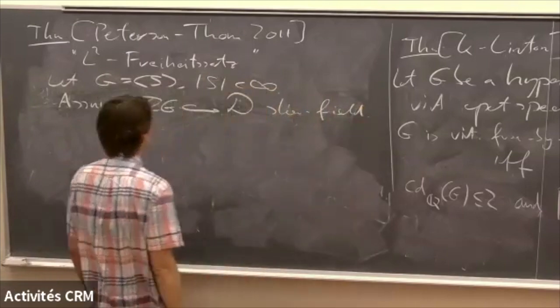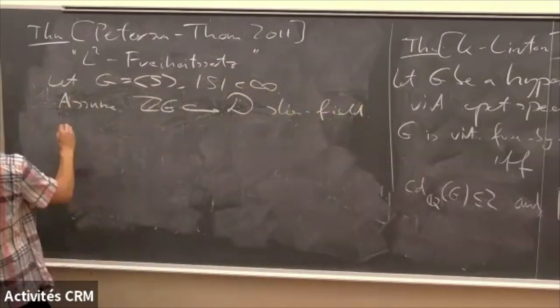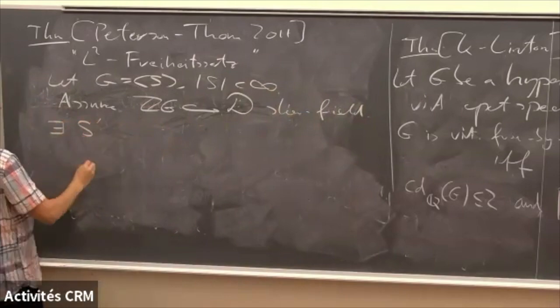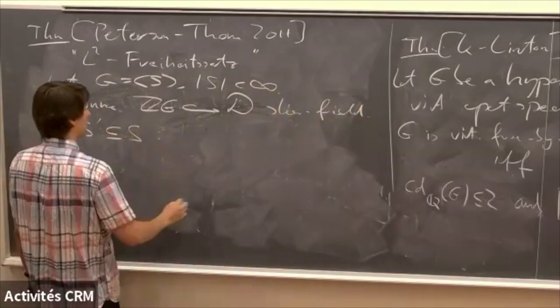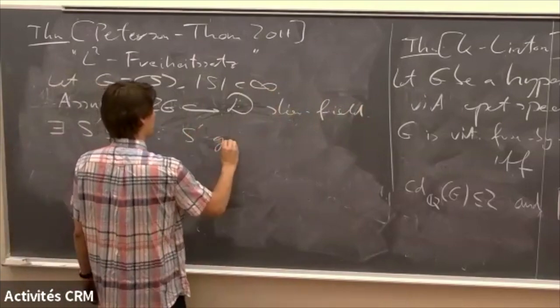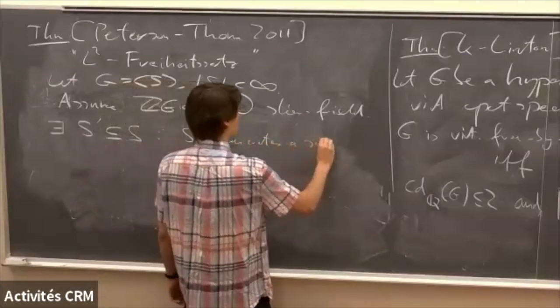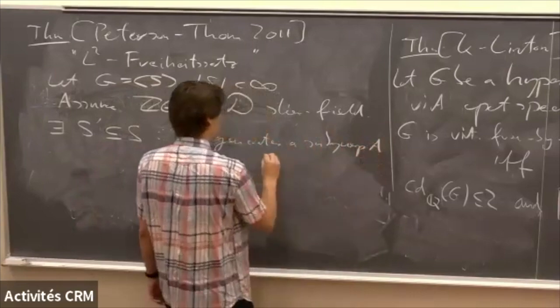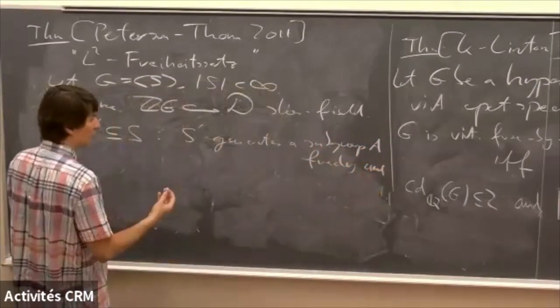And now, once we are in this setup, this is what the beautiful theorem will tell you. There exists a subset S prime of S such that S prime generates a subgroup A, and finally, so the subgroup A sits inside G,